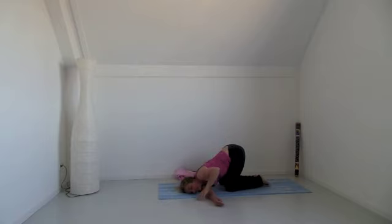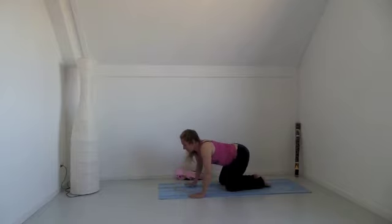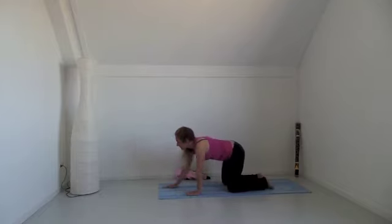Then bring the right fingertips or the left fingertips in front of your nose. Press them in the mat and then look over your left shoulder. Looking up and making this tiny movement in your back. Very good. And then slowly come all the way back up, and we'll do the other side, stretching your right arm forward, bringing your